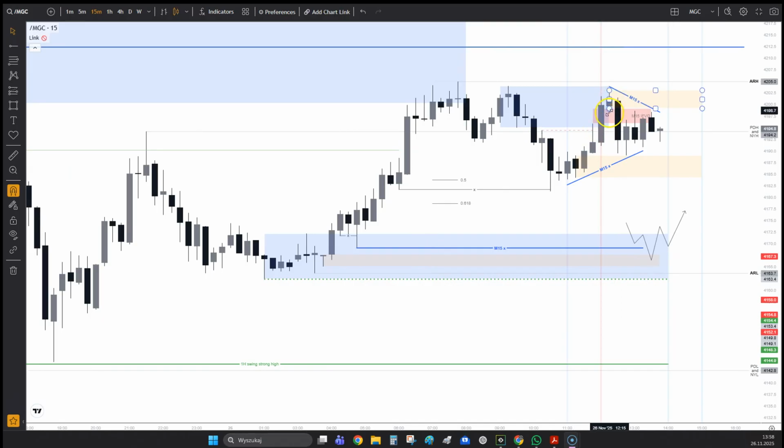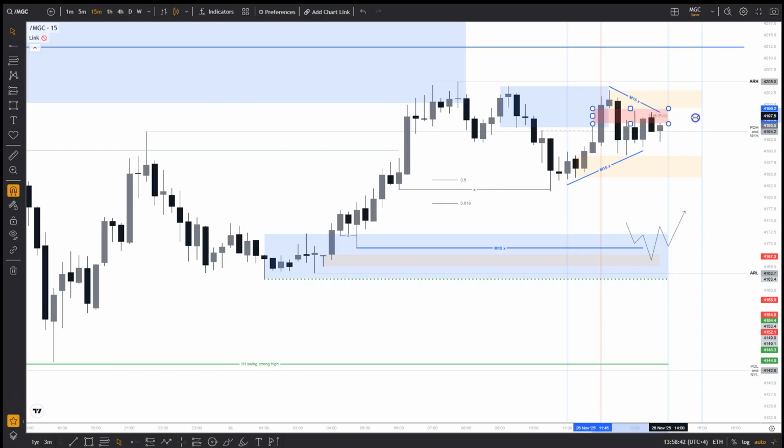What we see here is fair value gap, but we didn't break this high. Still, it's a fair value gap. This fair value gap is broken by this M15 candle, and it creates inverted fair value gap. Above inverted fair value gap is unmitigated M15 supply. So this M15 inverted fair value gap that used to be bullish, now it's bearish, it's red, is a resistance. On top of that, there is a resistance of the order block, which is supply. Now we see initial reaction